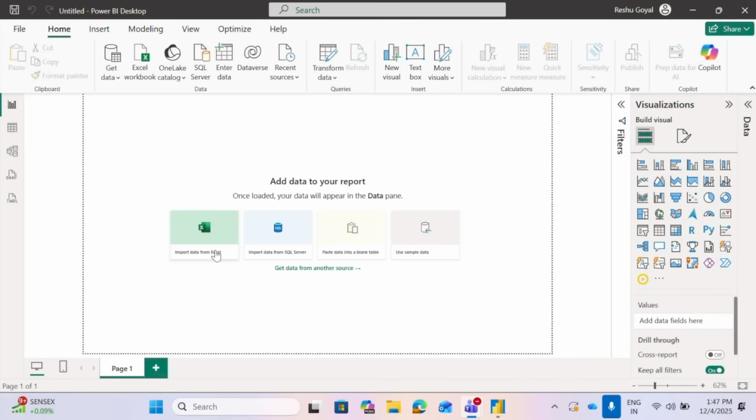So what exactly is this dual mode? The dual mode allows the date table to behave as import when used with the purchase table and as DirectQuery when used with the sales table. This makes the model flexible and efficient, allowing our visuals to use the cached data when possible and use the live data whenever necessary. This is extremely useful when we build a composite model, that is, a combination of different storage modes in a single report. Now let's jump in and see that.